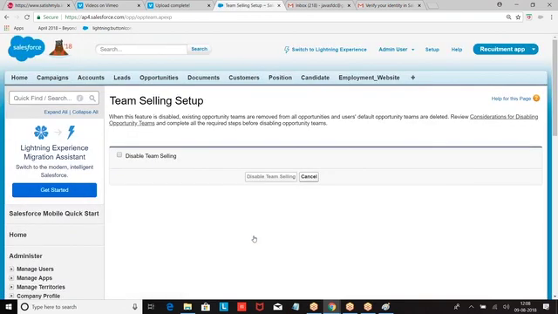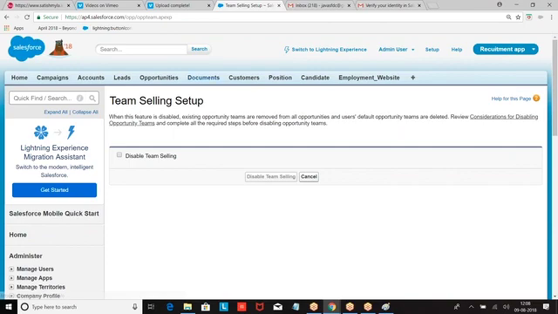So when you are making a team sell, your opportunity amount is split among team members. This member is dealing with how much amount of money. This person is dealing with how much amount of money. Because there are multiple services. For this service, what is the amount? For this service, what is the amount? Who is handling this? Okay.